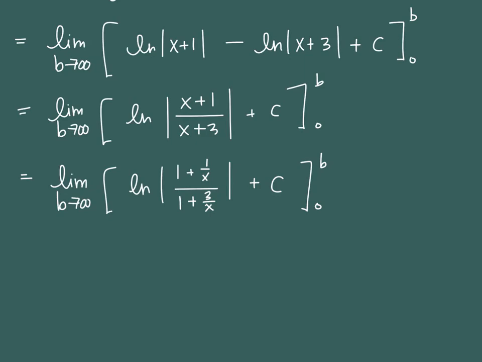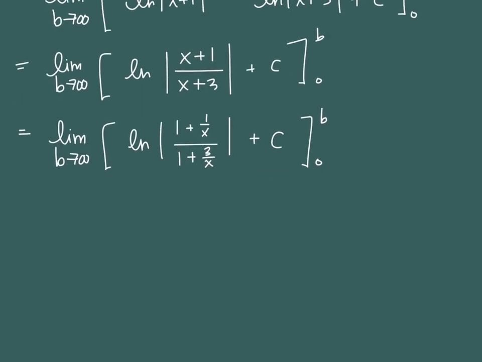Highest power of x, which is just x in this case. So you divide each term by x. So x divided by x, 1 divided by x, x divided by x, and 3 divided by x. Okay, so now, can we do it all at the same time? Can we plug in b and plug in infinity all at the same time? So we're going to have the natural log of 1 plus b, which is approaching infinity, over 1 plus b again, which is approaching infinity, minus